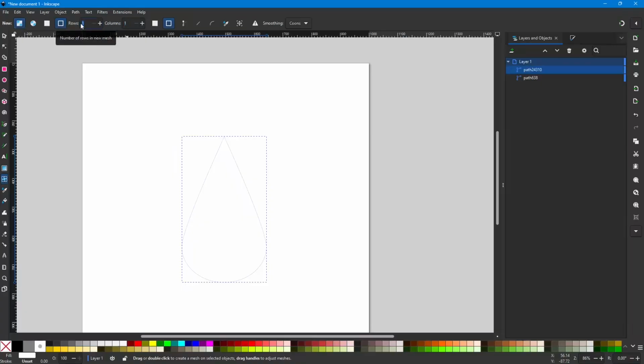2 rows and 2 columns. So let's do 2 and 2, and then I'm going to come down here and double click on this. Now you remember it goes from the color that it was before to white, so I have all these white nodes. Maybe I should have made it a different color, but I want to leave this one white, I want to leave this one white, and all of these, you can select multiple ones by holding down your shift key and clicking each one that you want to select. Let's say I want to make all of these blue, so I'm going to select all of them, and